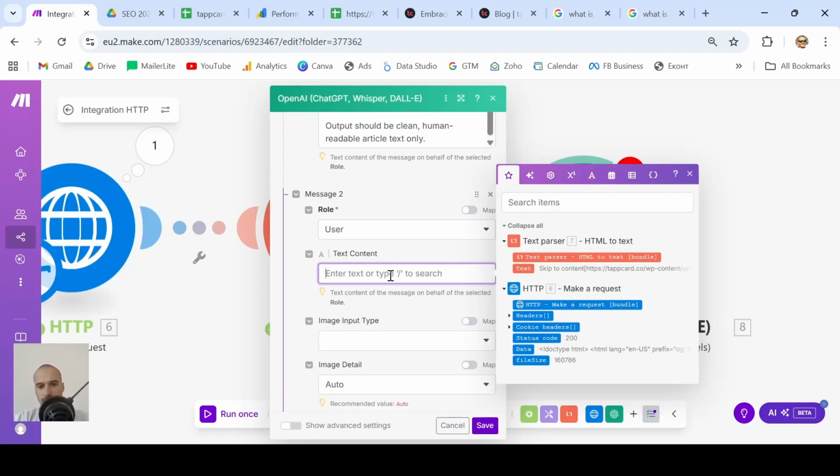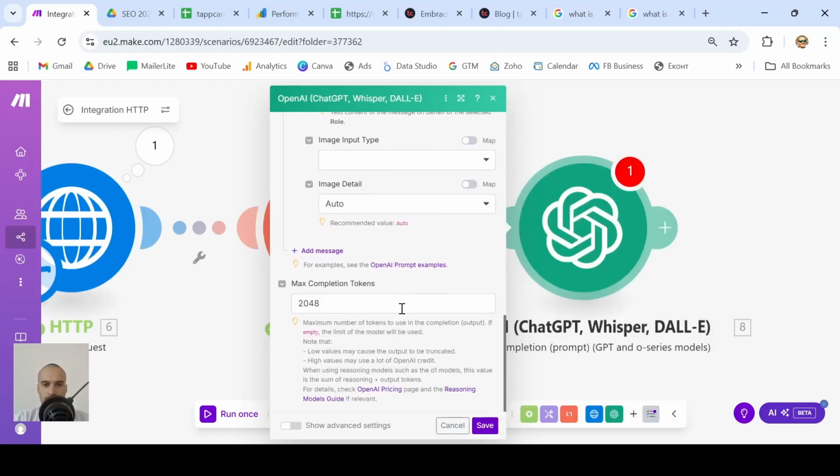Here is the article text, and just drag the text from the text parser module. Okay, now click save,